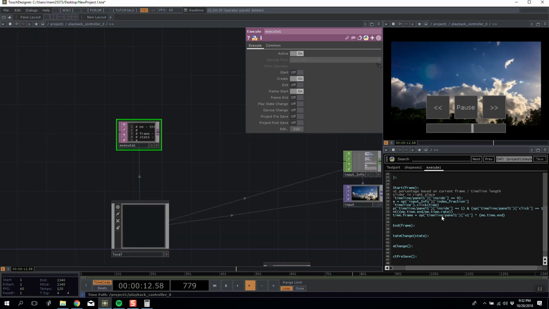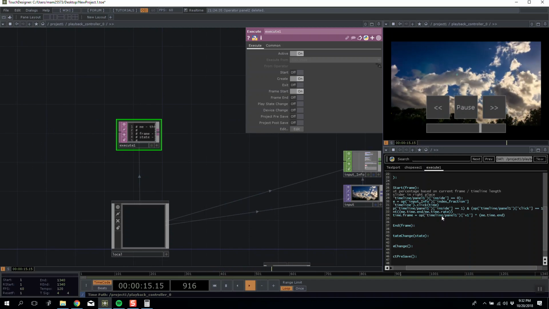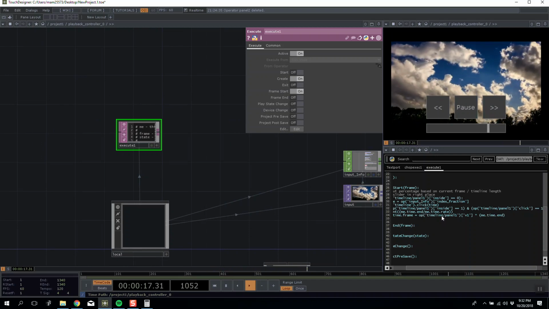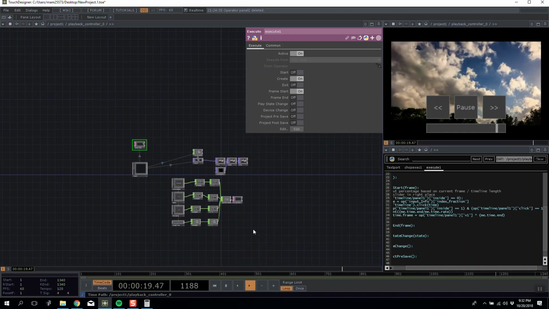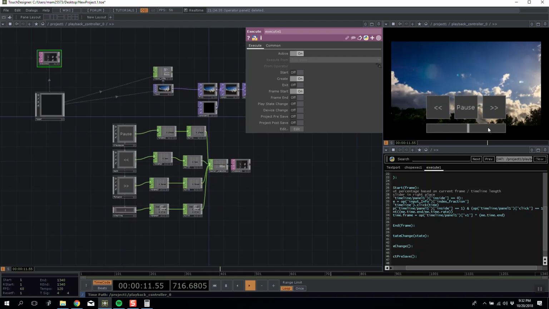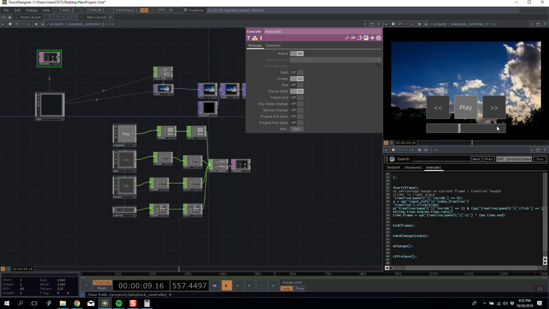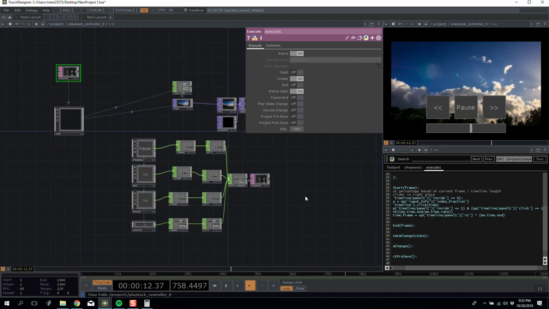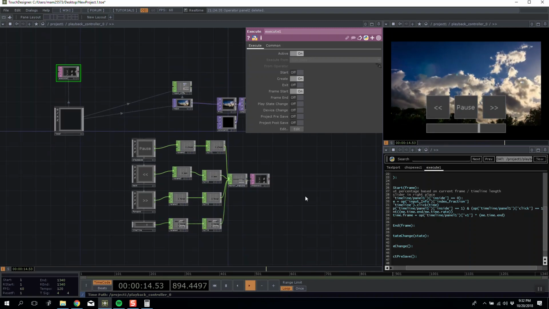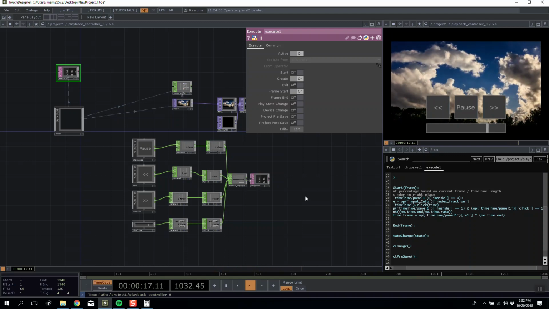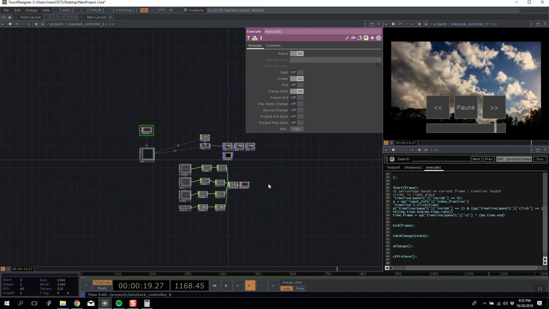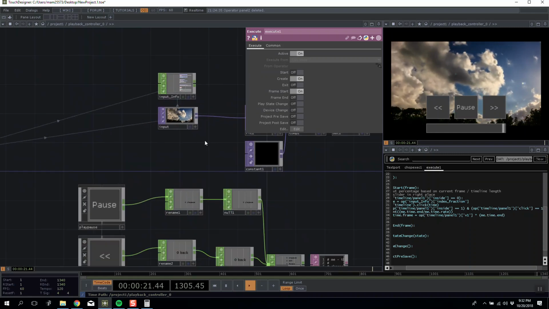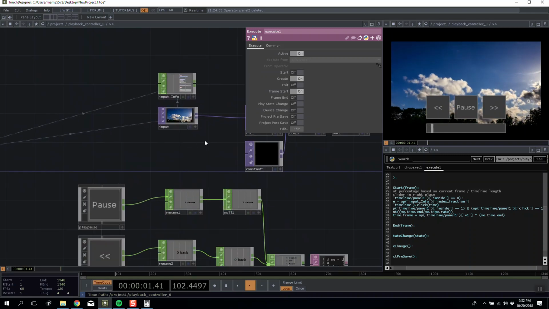So all I did was I times the position I'm clicking it by the total time, and that gives us a normalized coordinate. Okay, so now we're getting somewhere. So now we have a timeline that we can control playback with, reverse, forward, and pause buttons that control it. So all we need to do now is take one of these for each of the inputs